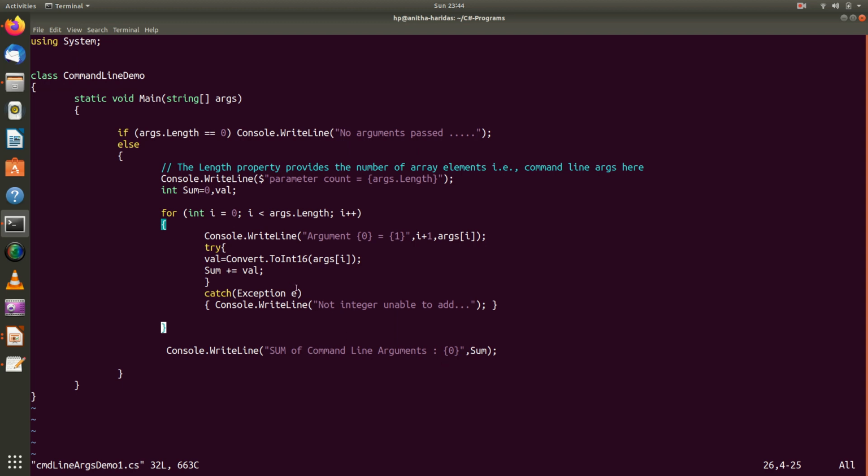So what it will do, only the integer values will be added to the sum, and if you have passed any character, that will be ignored. Let me run this program now.